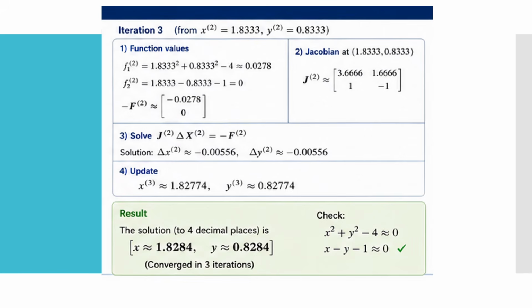But the stopping criterion is based on the change in error. So since the change in error is very small after the third iteration, we can stop here. But always remember the stopping criteria. The stopping criteria may be based on change in error,